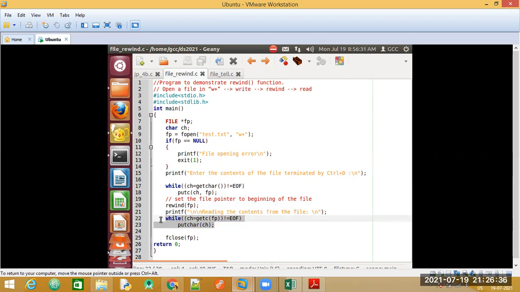And to read the contents of the file, we have the operation called getc. So we will perform the read operation till we reach the end of the file. Till the end of the file is reached, we are going to perform our read operation and display the contents by putting it on the monitor. So once the end of the file is reached, the loop is stopped and we close the file. So now what we will do is, for the execution, let's try to comment this.